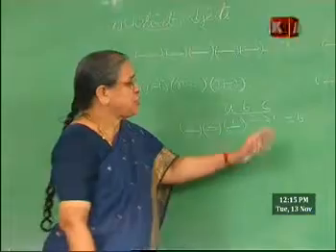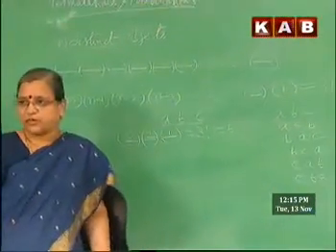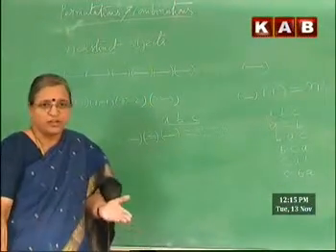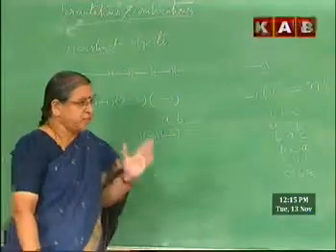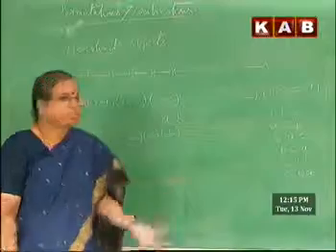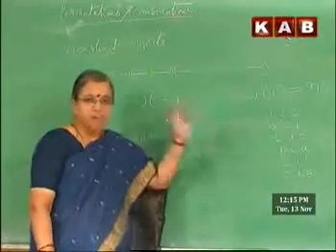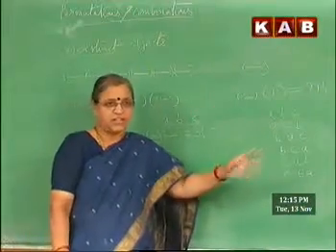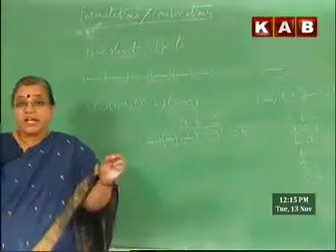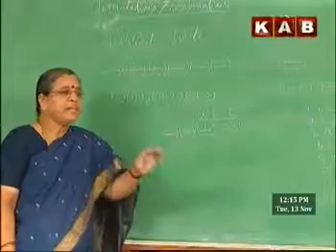Suppose 4 are there, how many you are going to get? 4 factorial. 4 factorial means 24. Of course, you won't be asked to write all the 24, but we should know how to write. If it is necessary, we should be able to write also. So the number of ways of arranging n distinct objects in a row is n factorial. That also can be called as, there are n factorial permutations from n distinct objects.